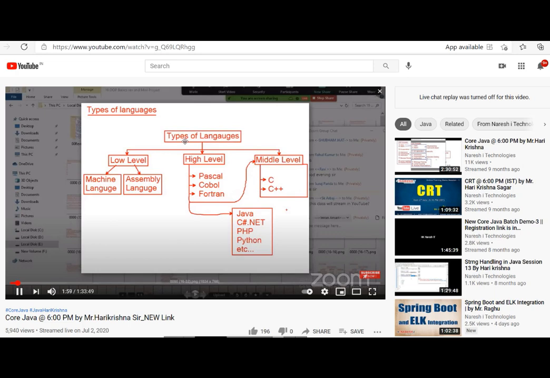C and C++ come under middle level. Why do they call it middle level? In the last class I told you, using C and C